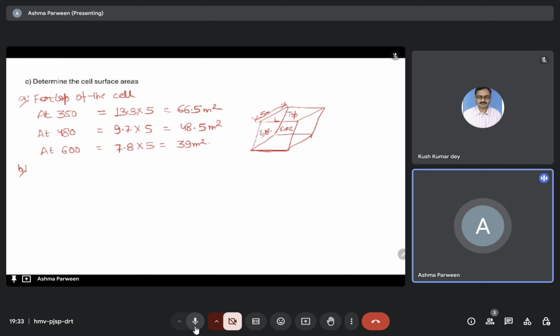So next we will find out the front face. So this we will find out for the face of the cell. So the face is made from height and length of the cell. So the area for the face at 350 will be, we have length as 13.3, height is 3,